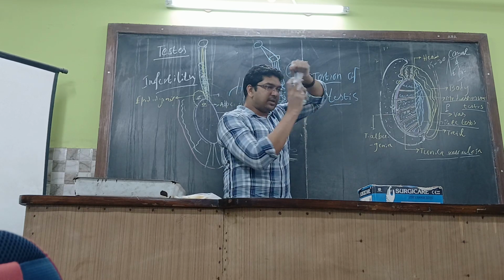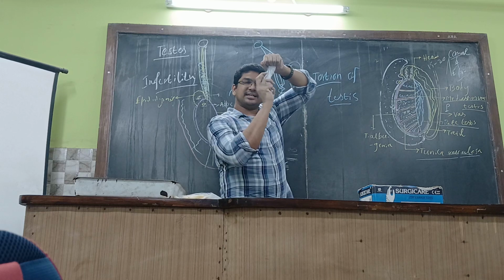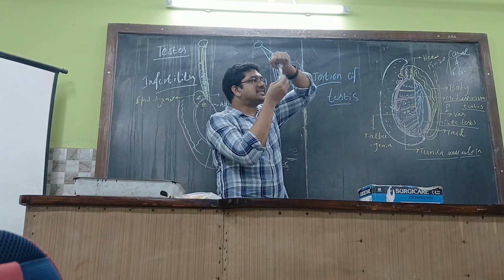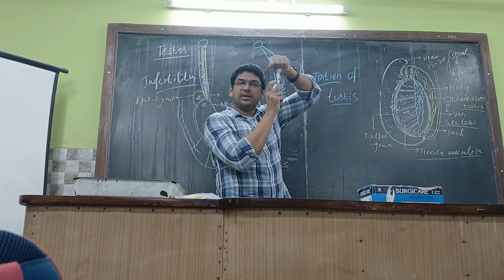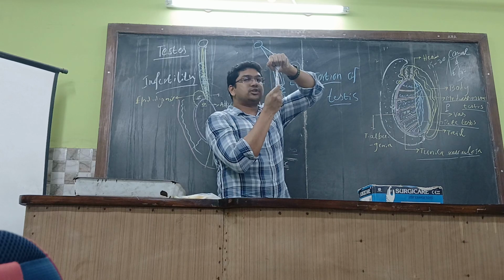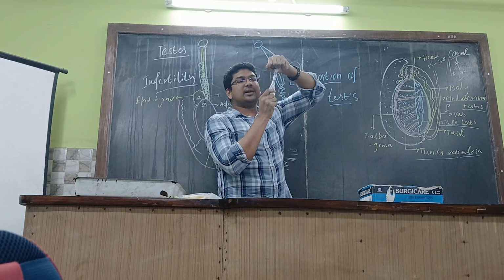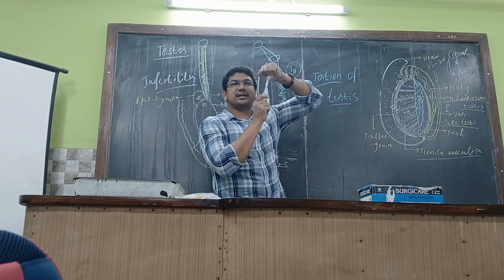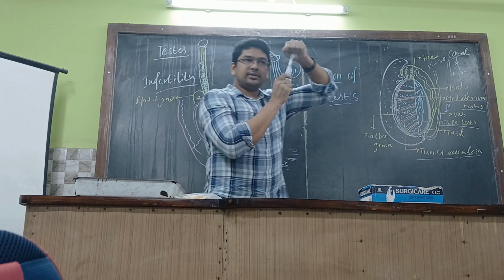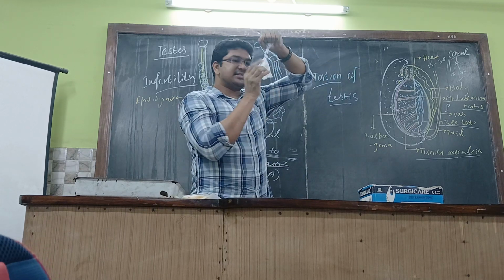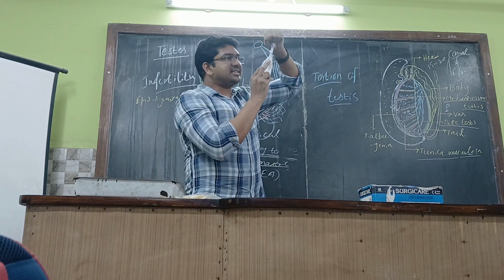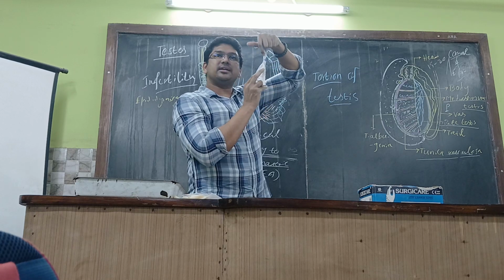So whenever the person is moving here and there, the testis will be rotating around itself, around its own axis. Getting it or not? So this is called the torsion of the testis. So what will happen if this torsion of the testis occurs? You can see the bag over here and the testis is also over here. But this part is nothing but,